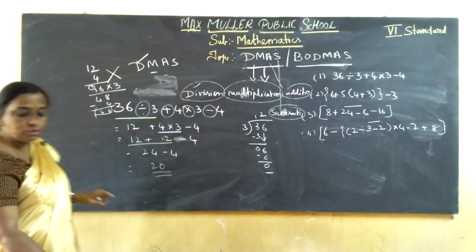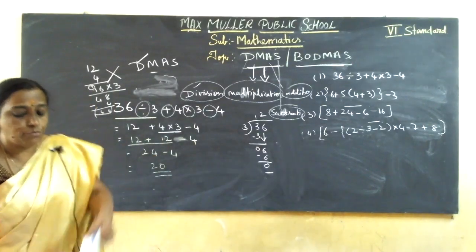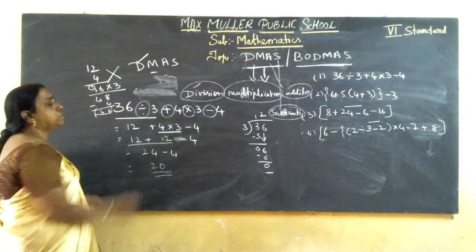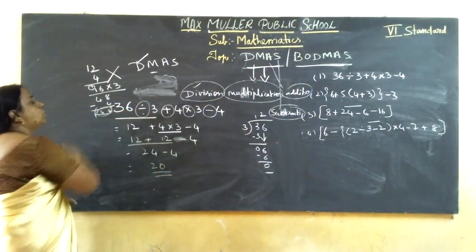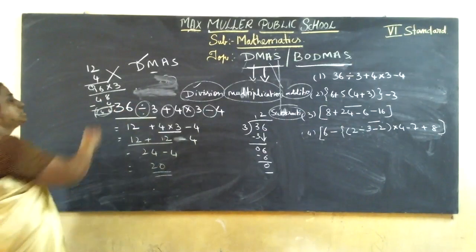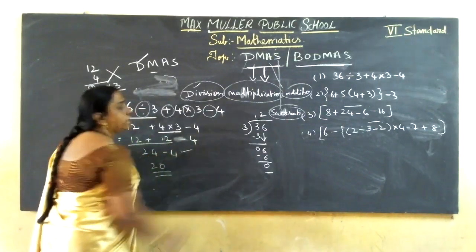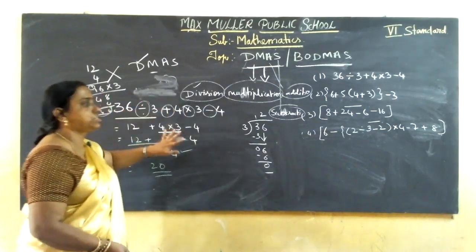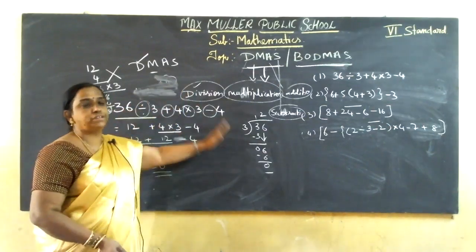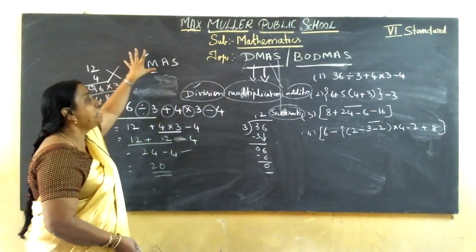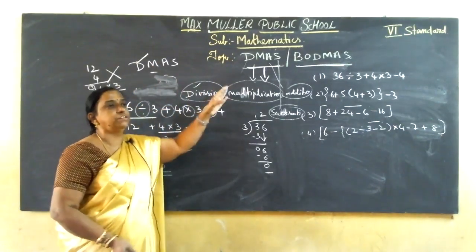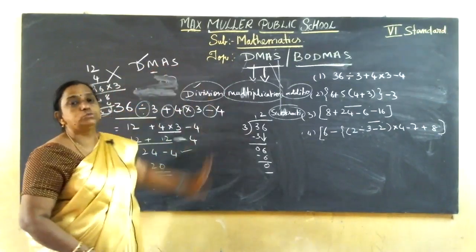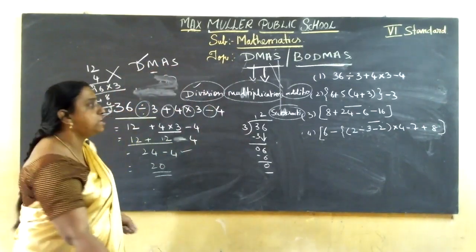So you should follow this method. If more than two operations come, you should follow this. See, here we got 44, here 20. So the first is wrong. You should follow it like this. Clear? What you should keep in your mind: if two or more operations come in any question, you can't just keep division, multiplication, addition, subtraction. Instead of that, keep in your mind BMAS rules. Which rule should you follow? BMAS rules.